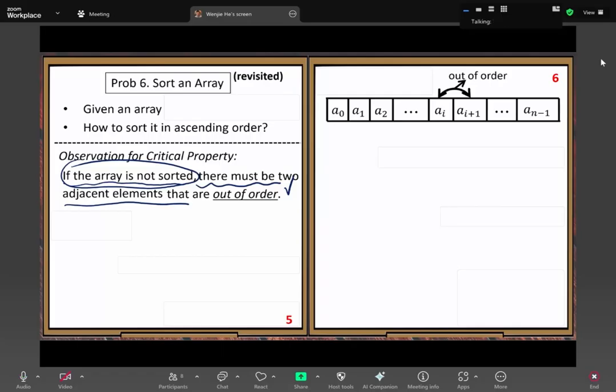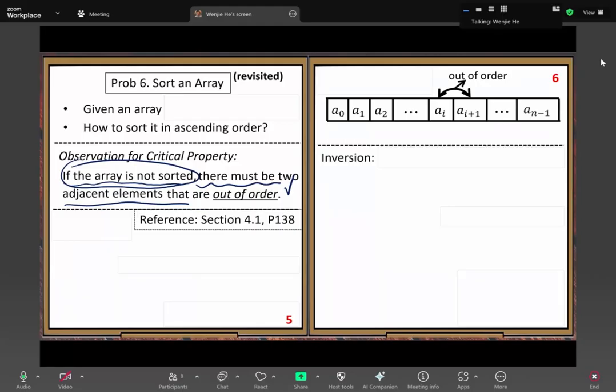Then this statement is useful to give us the insight to solve this problem. All right. So then we need to